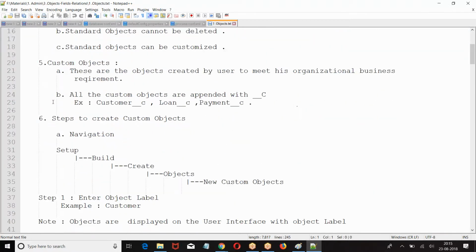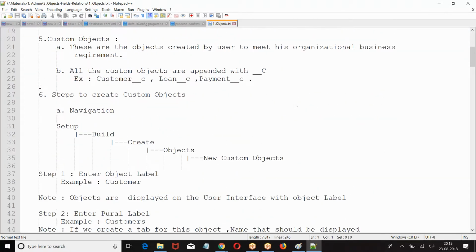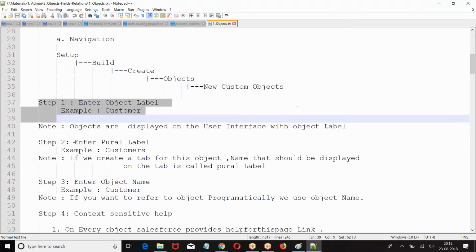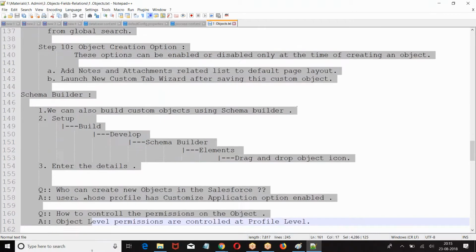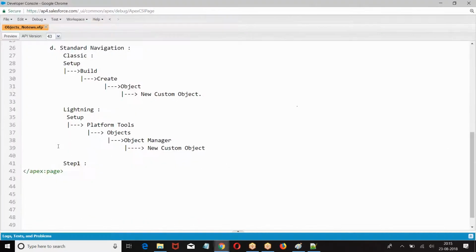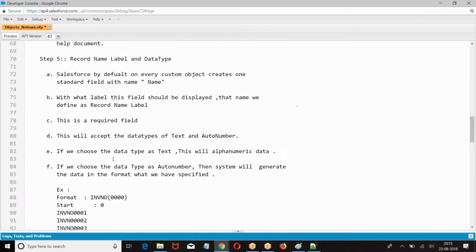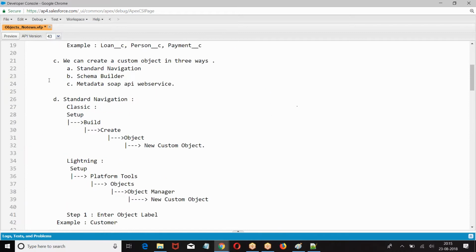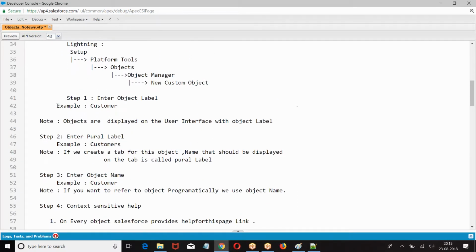The same theory. Instead of typing it again, I am copy pasting it. People have followed this, right, boss? Just giving copy paste of this. So let it be lightning or classic, the format is the same.